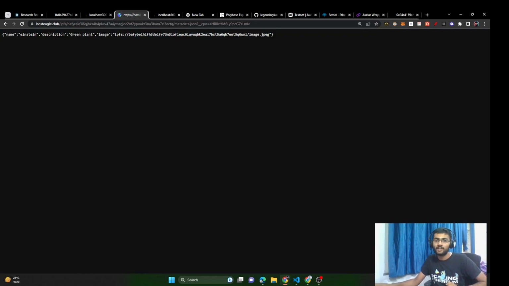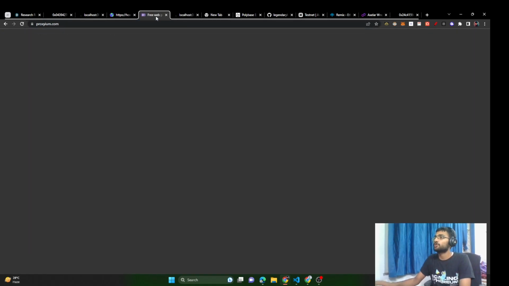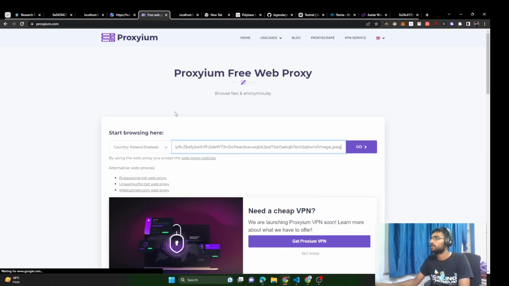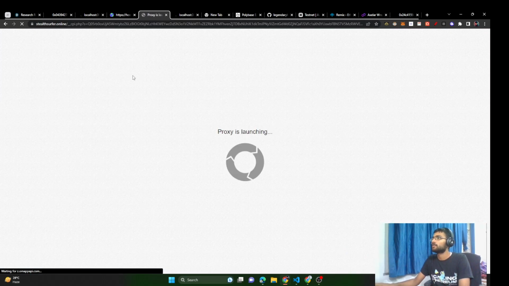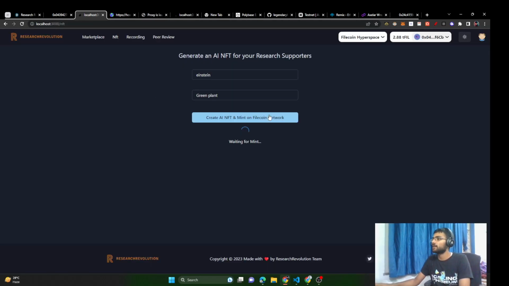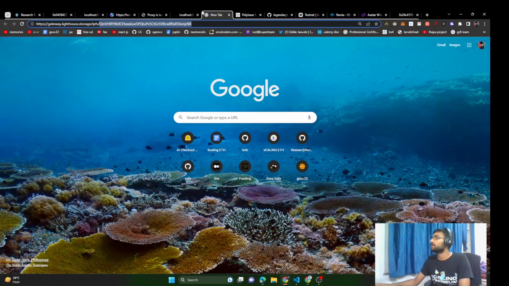And here is what we see: the green plant and an image got generated, which has this URL. I would try to show you that too. And by the time this comes, we are waiting for the mint to happen, and